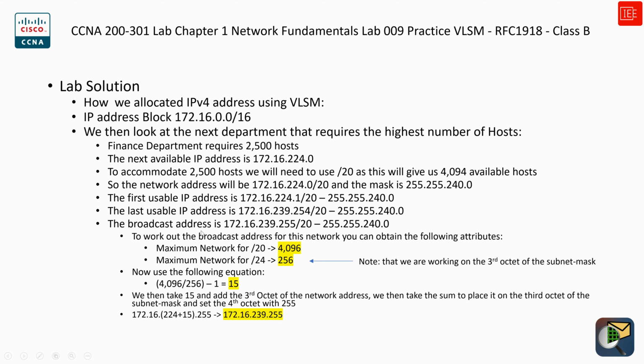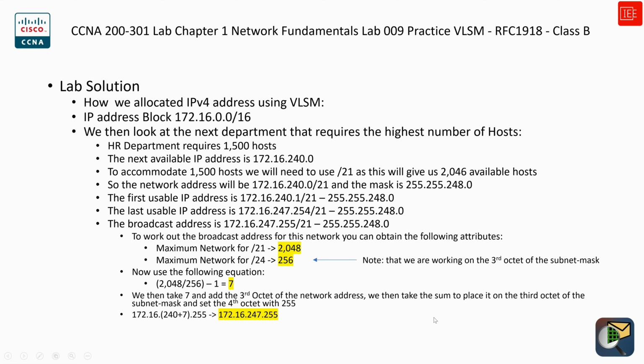So the broadcast address is 172.16.239.255. To work out the last usable IP address, we subtract 1 from 255, so the last usable address will be 172.16.239.254. And this department is complete. We move to the next one, which is the HR department. And the HR department requires 1,500 hosts. And the next available IP address will be